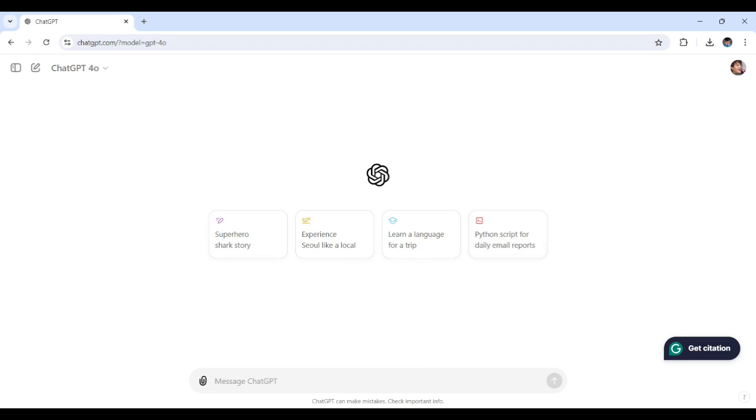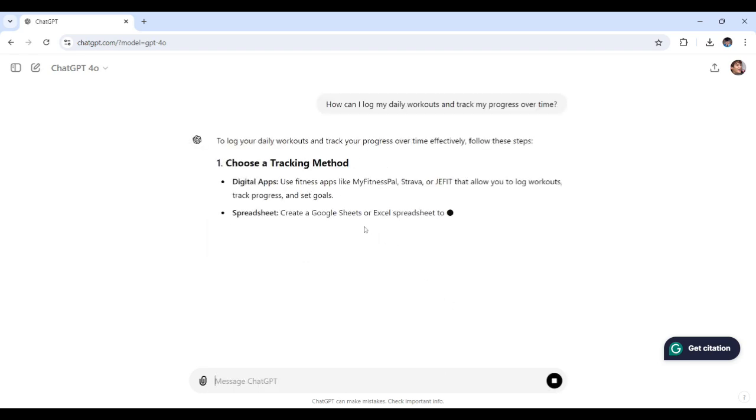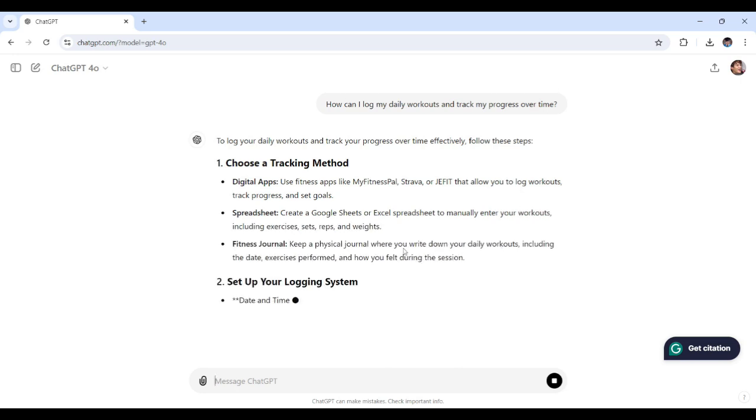So, I've just asked ChatGPT for some tips on how to track my fitness progress and maintain motivation. So let's take a look at what it suggests and how you can apply these strategies to your own routine. We've just sent the prompt, and ChatGPT is now setting up a system for you to easily log and monitor